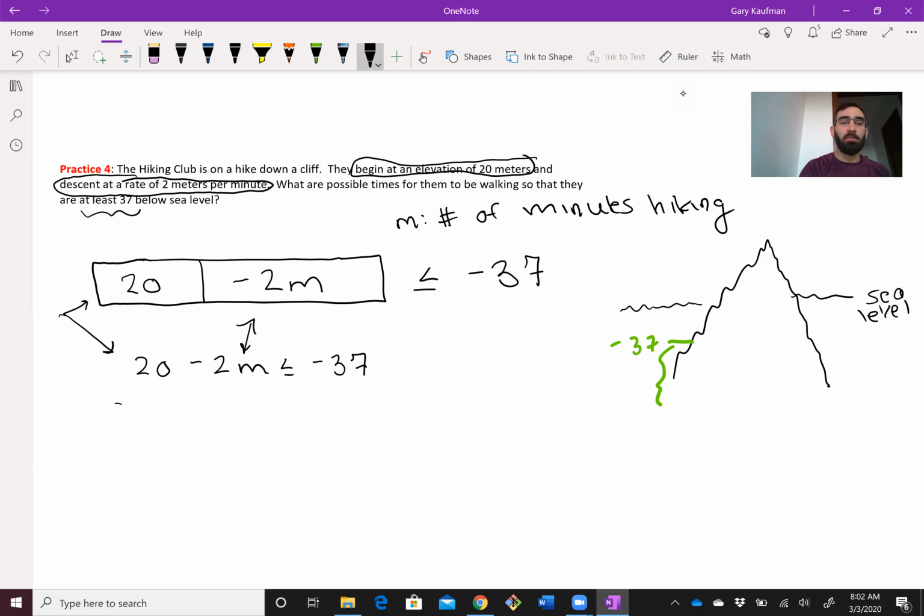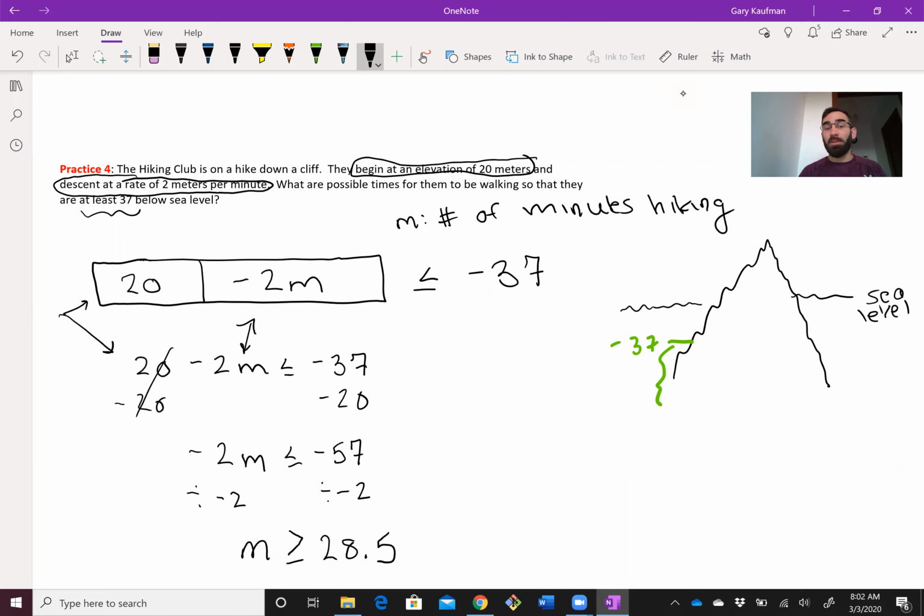Now let's go and solve it. Minus 20 minus 20. Negative 2m, because that cancels out, is less than or equal to negative 57. Divide by a negative 2. We just divided by a negative, so that inequality sign is going to flip. We're going to get m, and that's going to be a half of 50 is 25, half of 7 is 3.5, so 28.5. We can have 0.5 of a minute, so therefore,